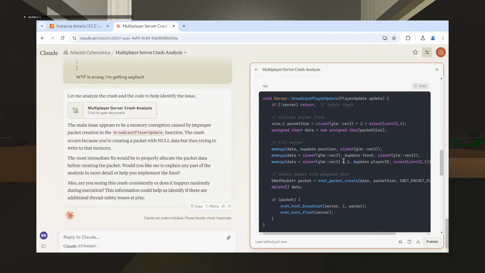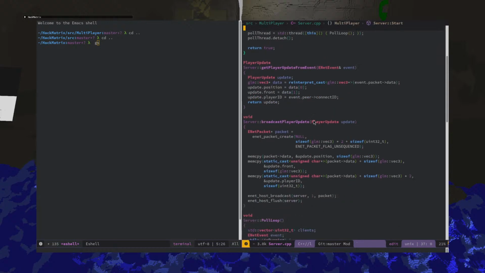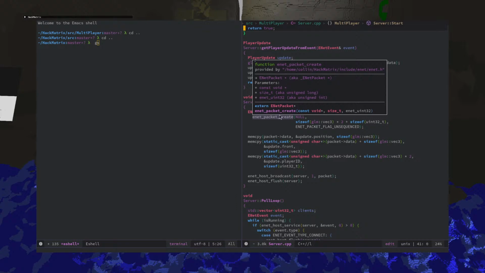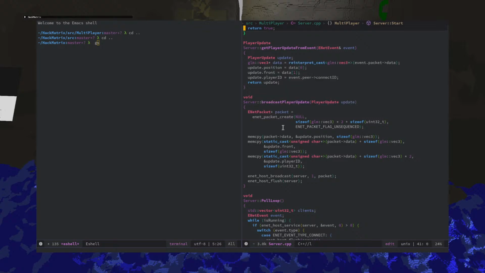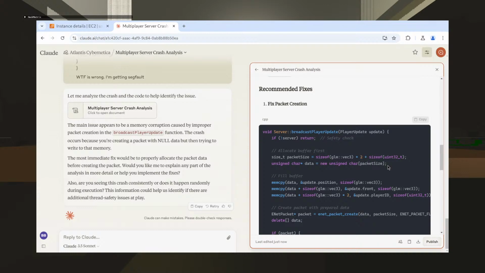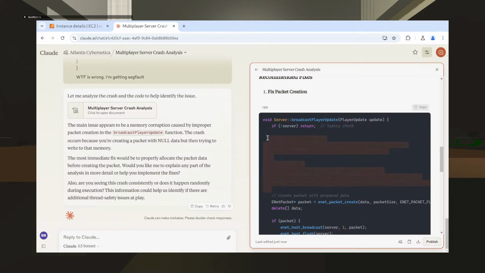I'm not sure I should just delete the data like that.